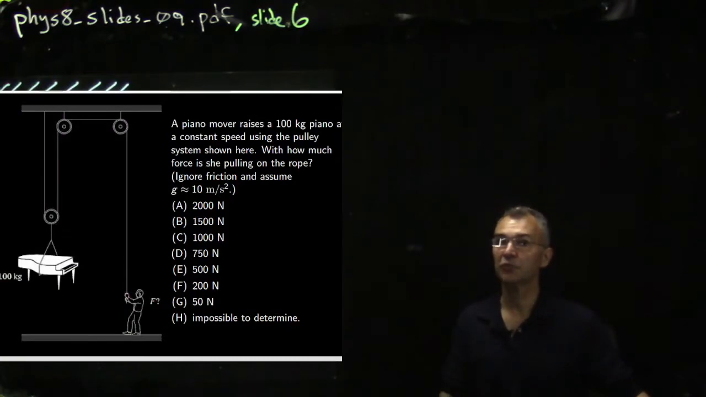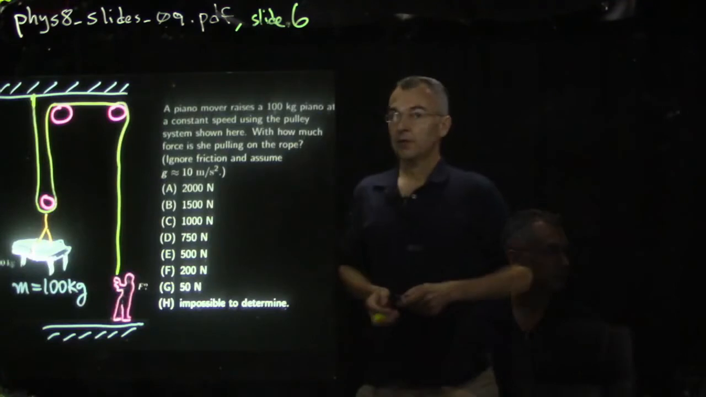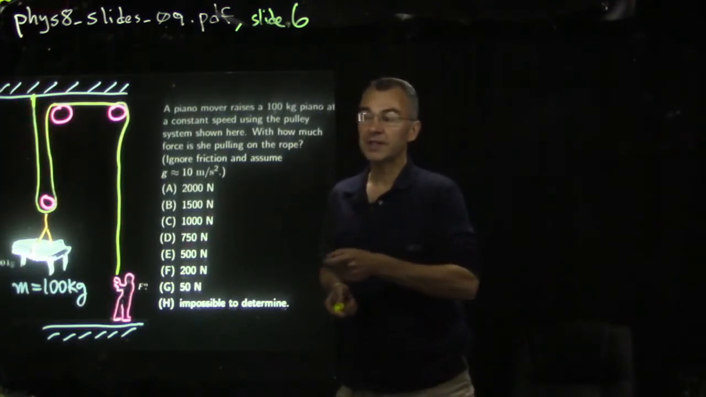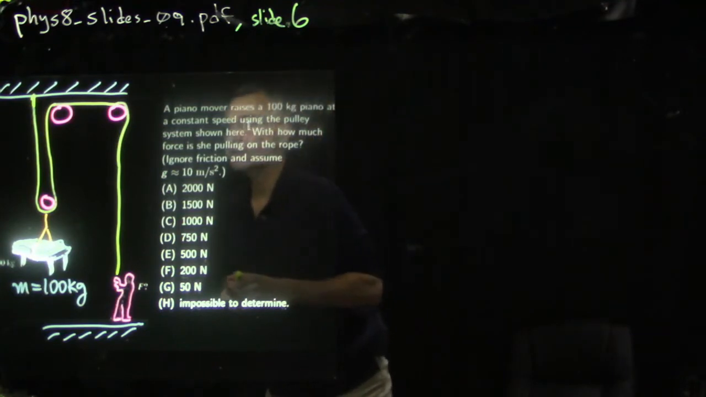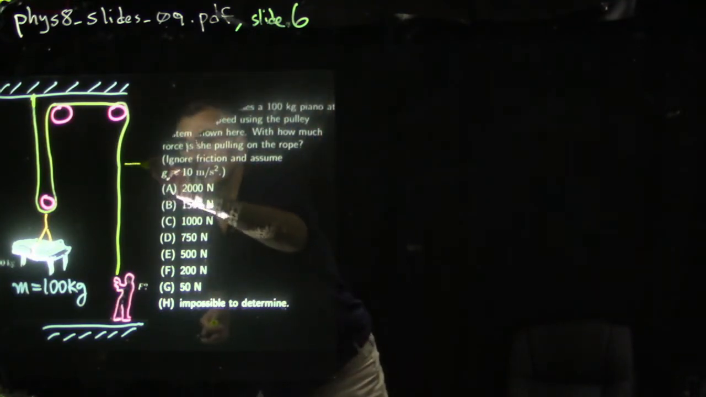A piano mover raises a 100-kilogram piano at constant speed using the pulley system shown here, which is actually called a block and tackle. With how much force is she pulling on the rope, ignoring friction? And then you can take g as approximately 10 newtons per kilogram instead of 9.8 newtons per kilogram to make the math simpler. So if you look carefully at this block and tackle contraption, you'll see that if the rope